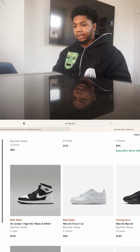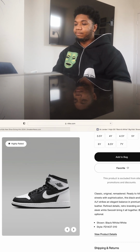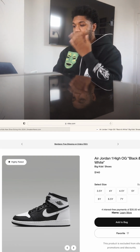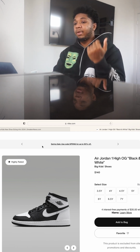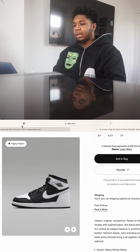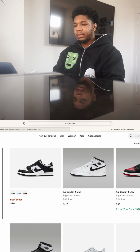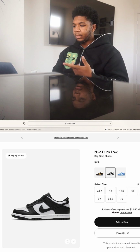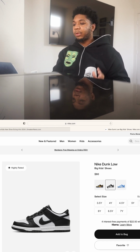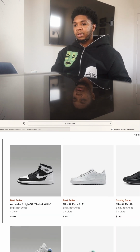Okay, let's see these. Because I was going to say I could see them. Okay, so these are still 3.5Y to 7Y, but I'm pretty sure these came out before they came up with this new rule. But let's try and find something. I guess the Pandas will be okay, because they already have these in rotation. Okay, so everything seems to still be 3.5 to 7Y. But see, on here it still has the 1Y. So maybe